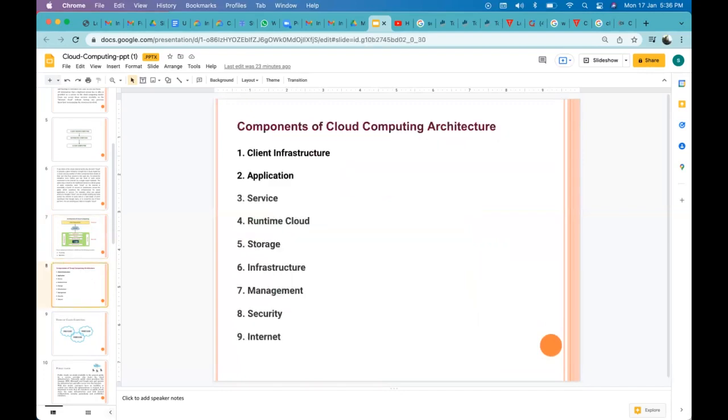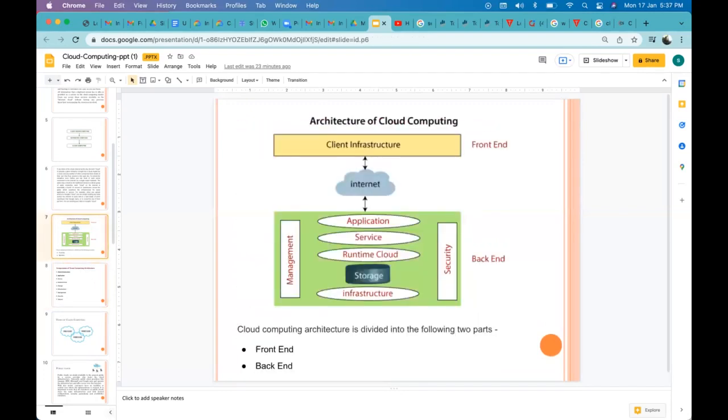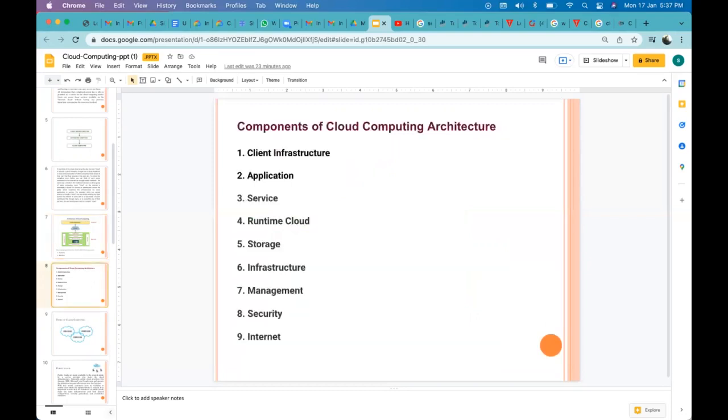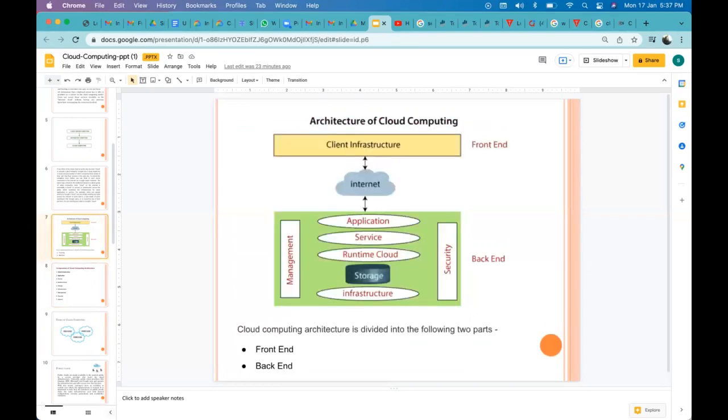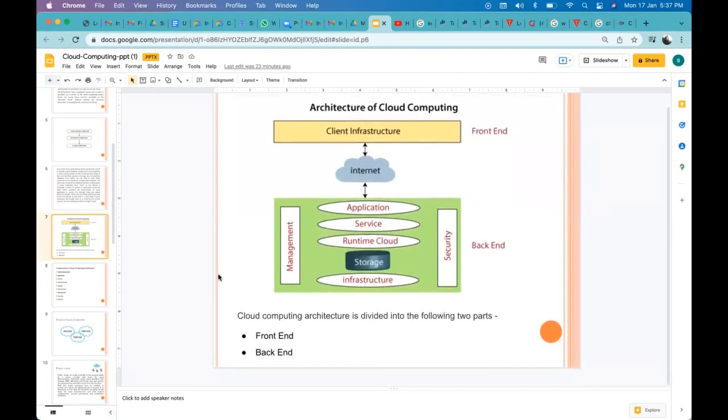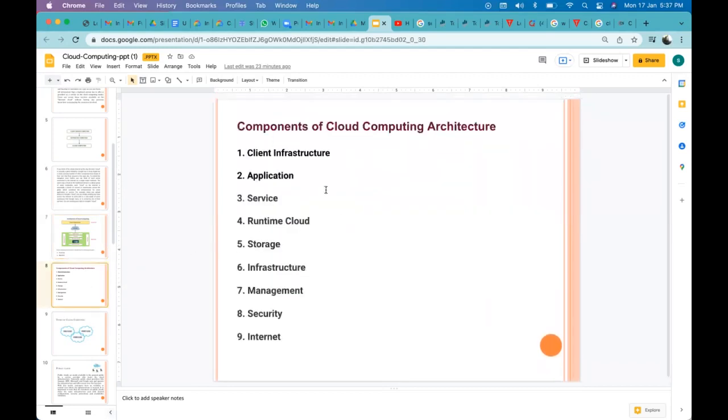So these are the components of cloud computing architecture.